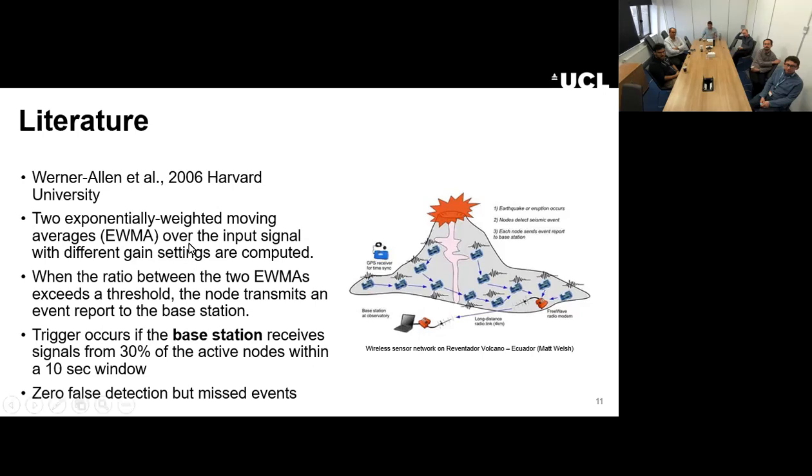They're using an exponentially weighted moving average algorithm over the input signal, with two input signals with different gains, and when the ratio